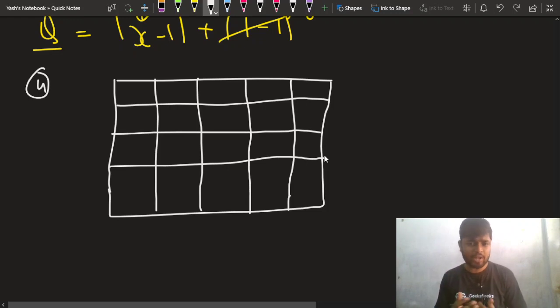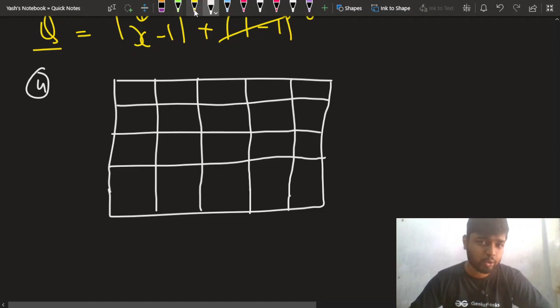The first three cases were very clear to everyone. If there is only one cell, then you don't need to pick any other point, because you'll be able to determine it directly without taking any points. If there is only one row, you can easily determine x comma y by taking only one cell. And if there is only one column, then also you can easily determine it by taking only one cell, that is 1 comma 1, and y will be known to you and x can be known to you, depending on whether only one column or only one row is present.